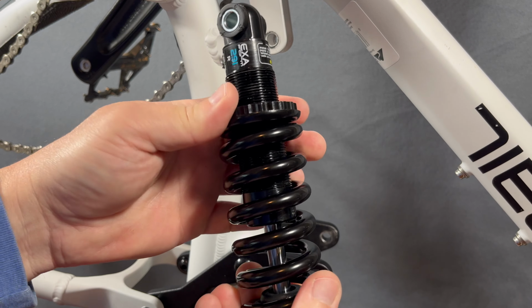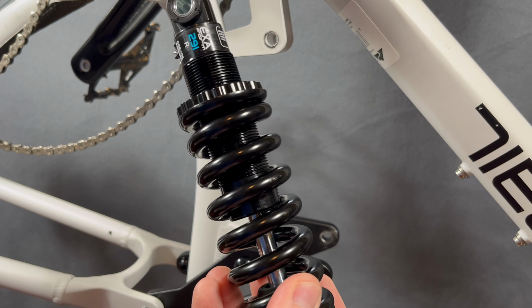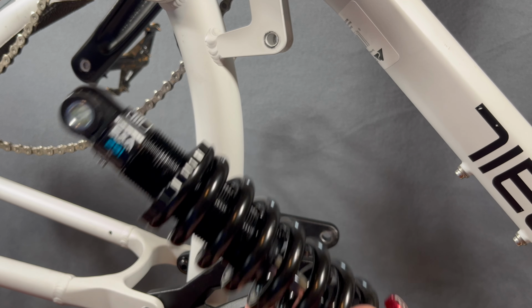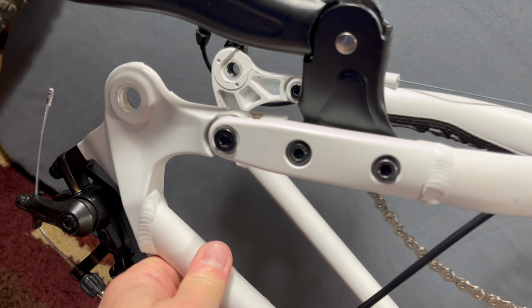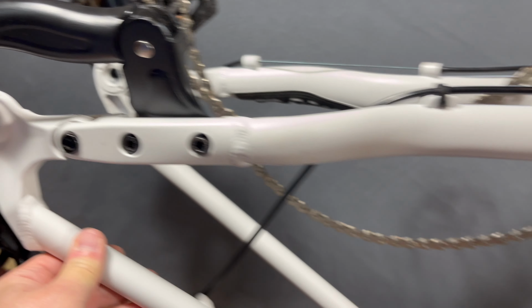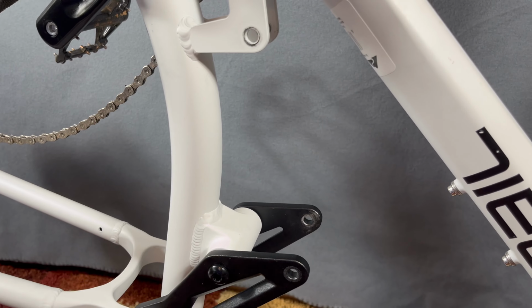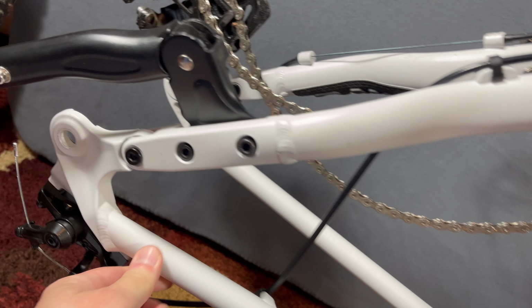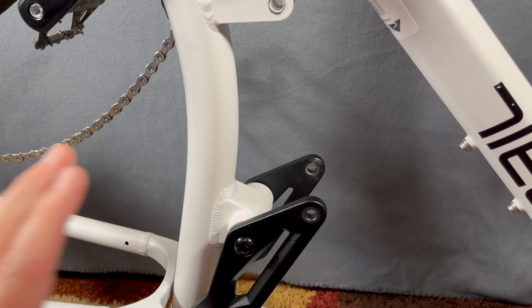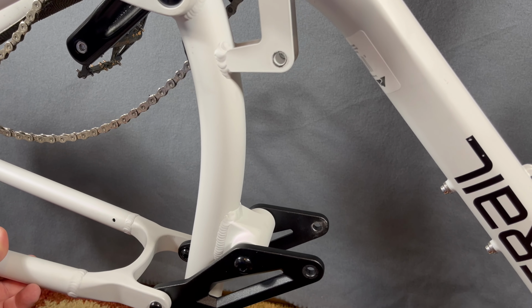And the max I could get it at without having the spring completely rattle was 25 millimeters, which equates to 52 millimeters of rear travel at the wheel. So this will move up and down 52 millimeters, at least in my testing with this factory shock and the suspension system. 185 eye to eye down to 137 is going to equate to 100 millimeters of movement here. So technically they are correct, but that is not the end of our story here,